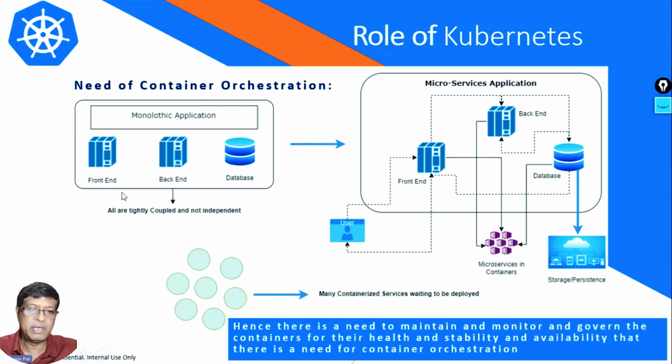So all this is a single layer application. Because of this tight coupling, there is a lot of downtime, because if something goes wrong in the front end, you have to take down the entire application. Whereas the front end, the back end, the database,